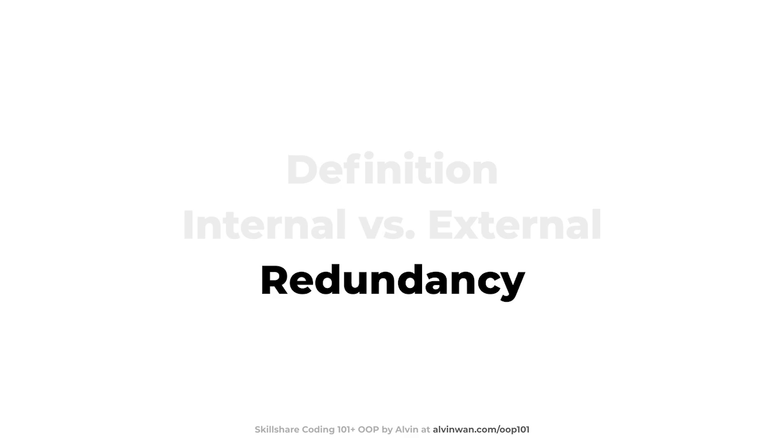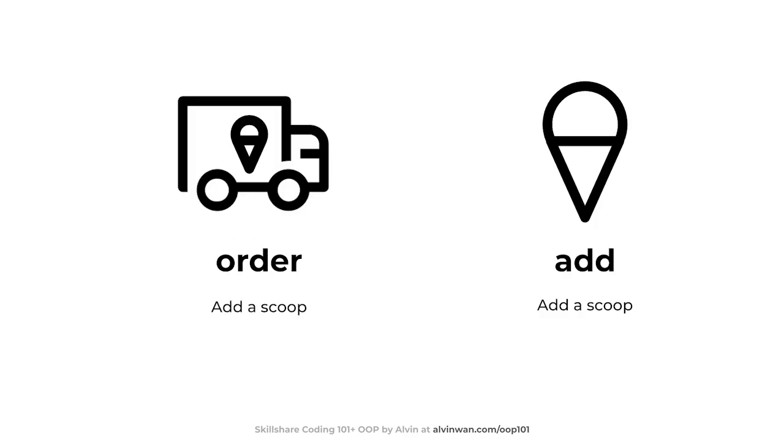Here's how abstraction removes redundancy. On the right, we have an ice cream cone. It supports the add method, which adds a scoop of ice cream. On the left, we have an ice cream truck. It makes sense that when ordering from the ice cream truck, we also add a scoop of ice cream. However, what if we want to modify scoop adding behavior? Now, we can only add a scoop if the total number of scoops is less than 3. We also need to add this restriction wherever we add a scoop of ice cream, like in the ice cream